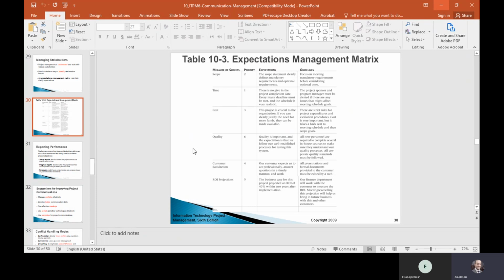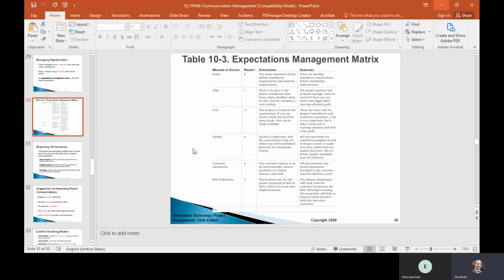For example, there is no give in project completion date. Every major deadline must be met. This is something we have to adhere to. And we'll also put the guideline, the project.